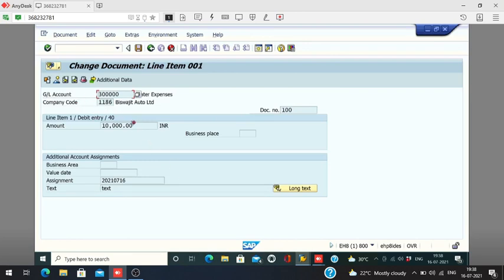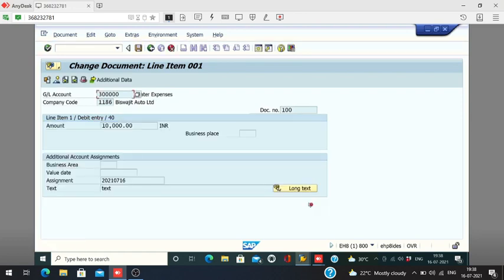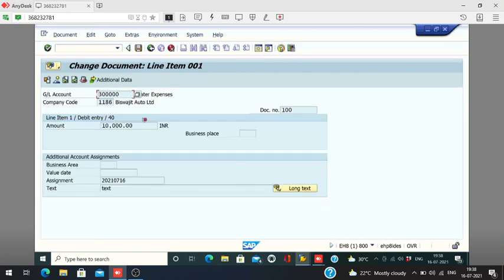Here also text. See here text. Okay, or here text one. Okay, you can change the narration,